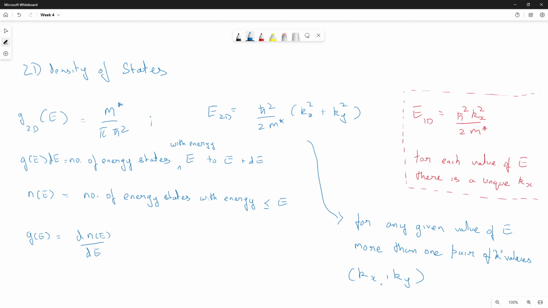Okay. So now each of these pairs tells me that there is one allowed energy state. Since I have more than one energy state for a given energy value, in fact, for any given energy value, what does this mean? What does this entire statement imply? What do you say happens when multiple states exist with the same energy? What is that phenomenon known as?